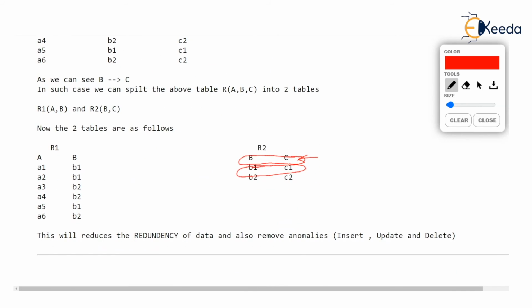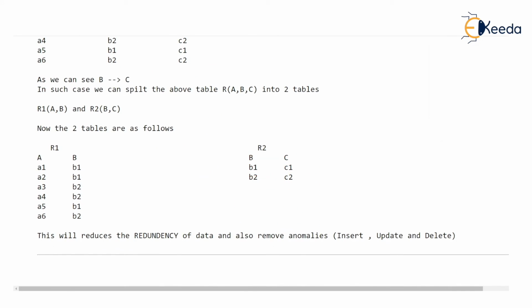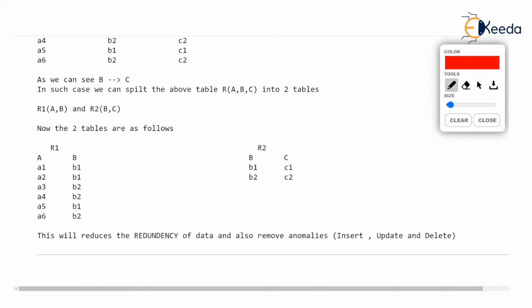Now please don't come to a conclusion. This is not the end of it, isn't it? This is just the beginning. I just gave you an intuition of how FDs will help us in splitting the tables. But in the next and coming videos, we will see many normal forms. Actually, we have normal forms as first normal form, second normal form, third normal form, and BCNF.